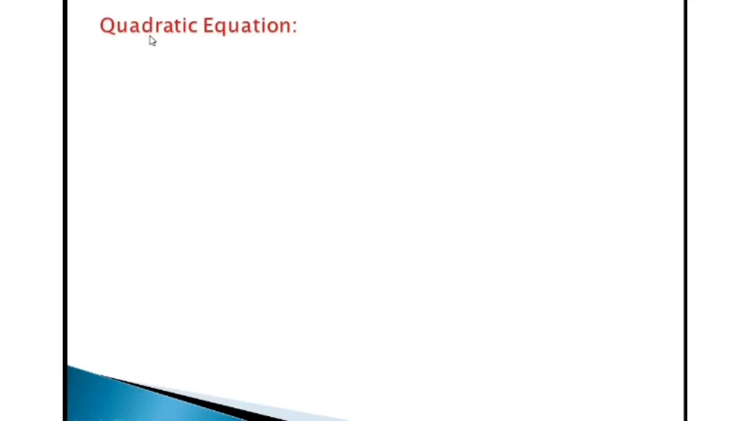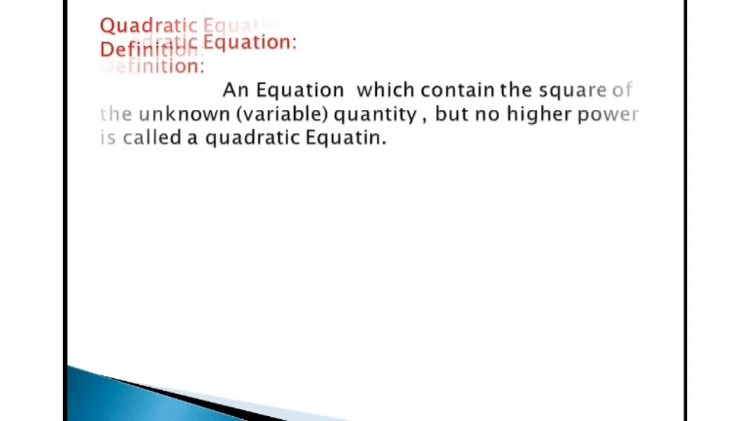So what is quadratic equation? An equation in which the degree of that equation is 2 is called quadratic equation. Now we define it properly. Its definition is: an equation which contains the square of the unknown variable quantity but no higher power is called a quadratic equation. You know that an algebraic equation